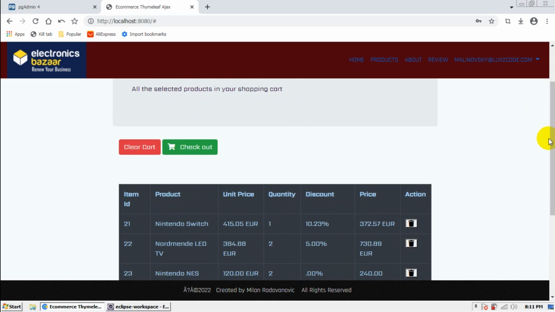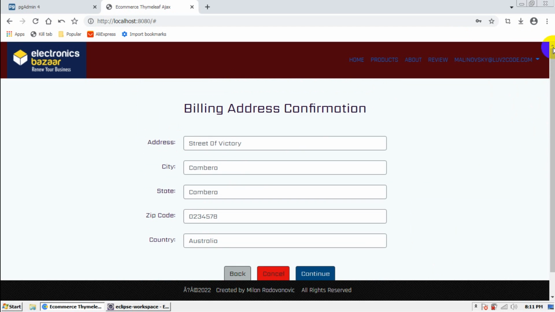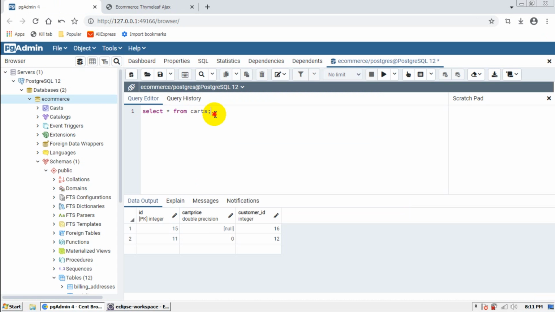Now let's go to checkout. It is similar to what we had in the previous project, but instead of Spring Web Flow, I am using jQuery and Ajax. All these operations will be performed with Ajax. Now let's start from